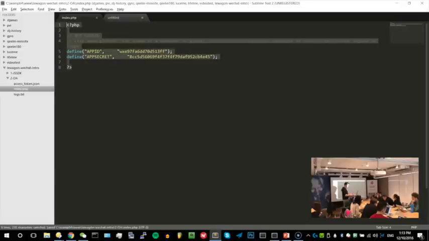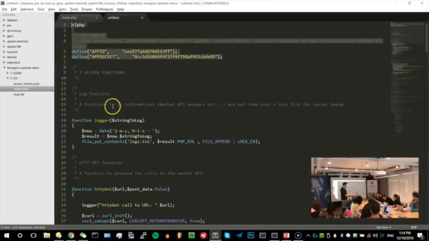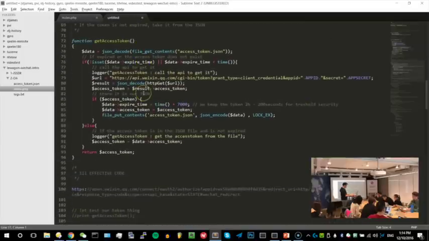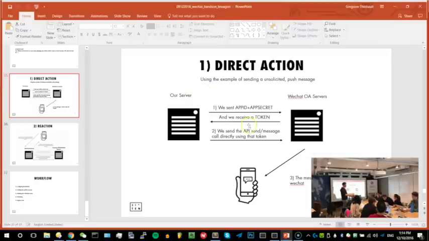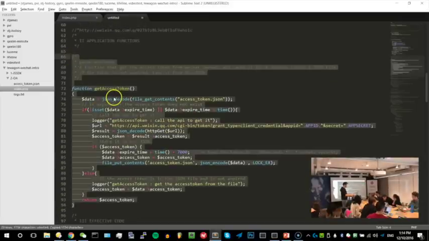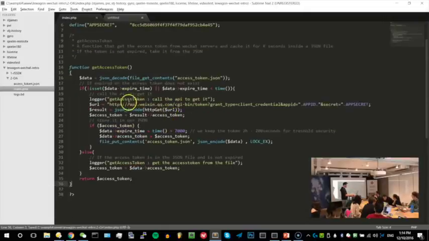For backend developers, PHP here means I'm going to write PHP code, and I'm just defining two variables, app ID and app secret. That's exactly the same as the testing account. After I do that, I want to get the access token, so I want to make this call. I wrote this function here that is very similar to what we saw before. You see it's exactly the same code. I'm going to take a JSON file.